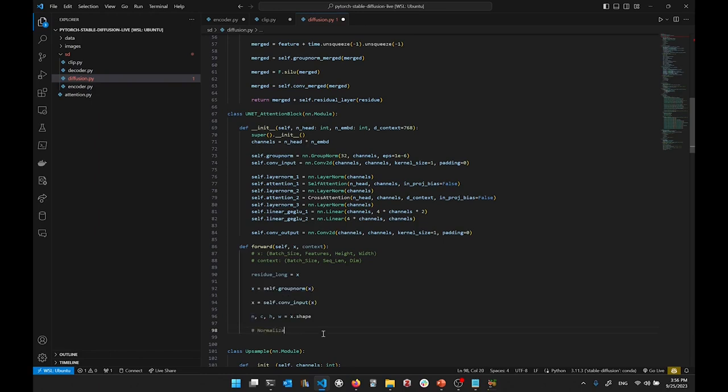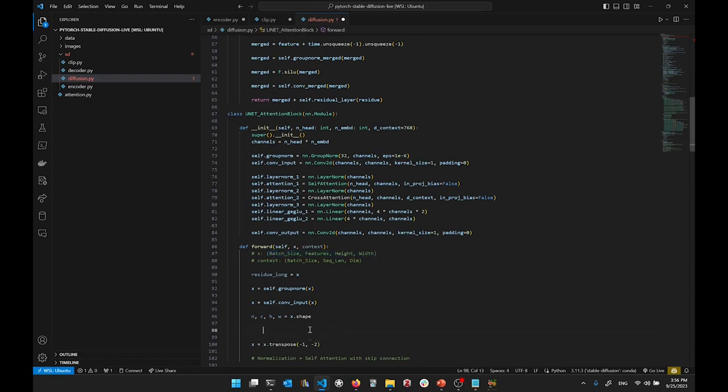So we do normalization plus self attention, self attention with skip connection. So x is x.transpose of -1, -2. So we are going from this